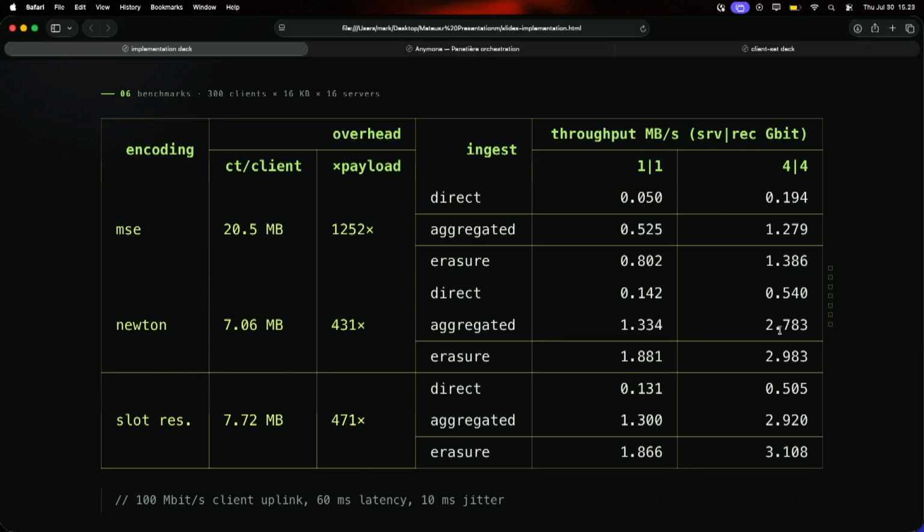And the CPU overhead is just not here. It's not in the table for a reason. It just takes under 600 milliseconds to compute even the biggest messages. This measure specifically is for 300 clients concurrently sending 16 kilobyte messages each.